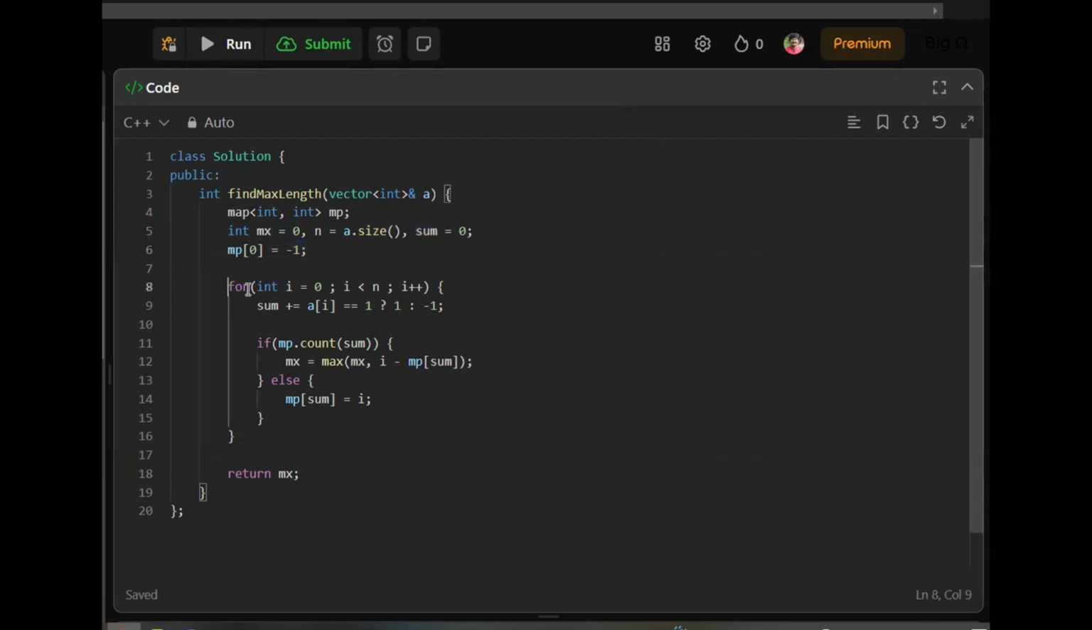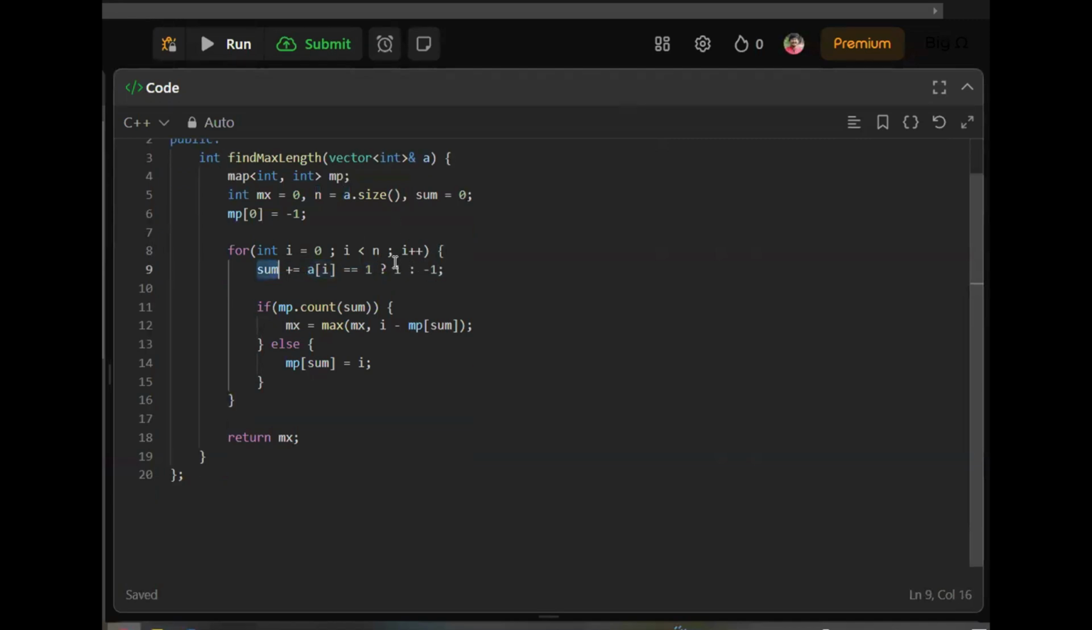Now we have to iterate each of the elements from left to right, and we have to update our sum. If our current element is 1, in this kind of case, we have to add 1 to the sum. And if our current value is 0, then we have to subtract 1 from the sum. Now we have to check whether the value sum is currently presented in the map or not. If it is presented, that means we can form one balanced subarray here. So we have to update the answer. So the maximum value will be the maximum of max and i minus the corresponding entry of the sum in